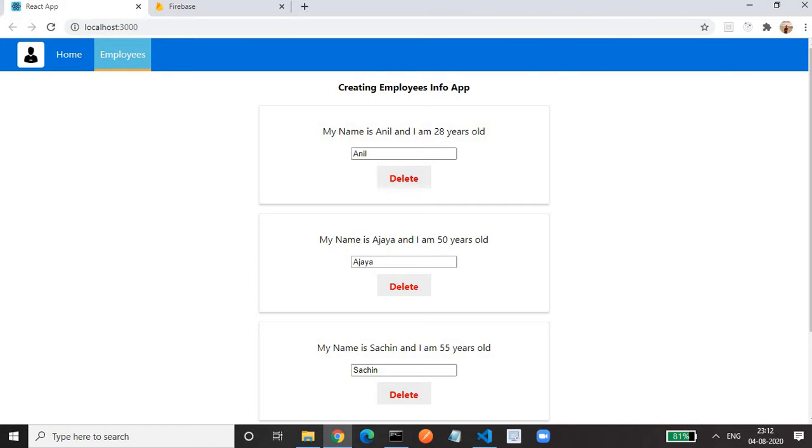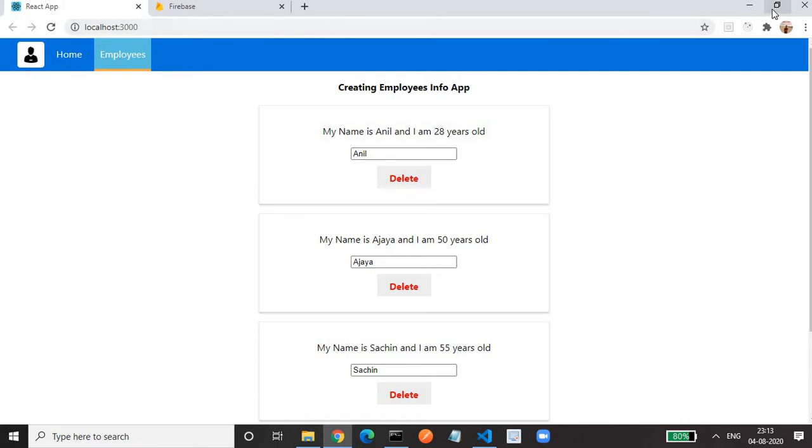So this is a very simple application. Before going to the CRUD operation or AJAX call in React.js, I will show you some changes I made for a better look and feel. I have added the navigation bar with 2 links, Home and Employees, and Employees is currently selected by default, and I have added a logo for my project.